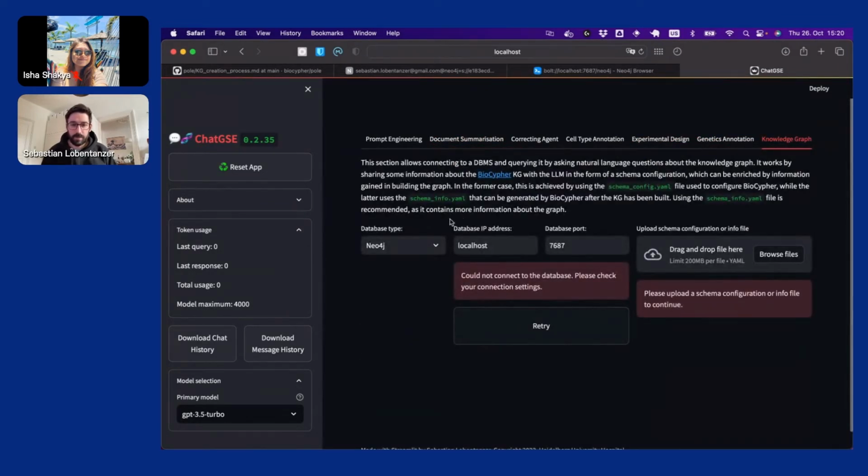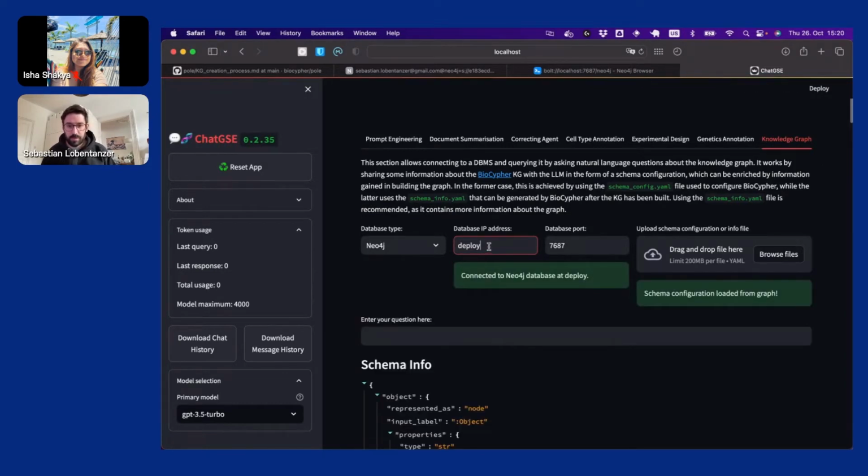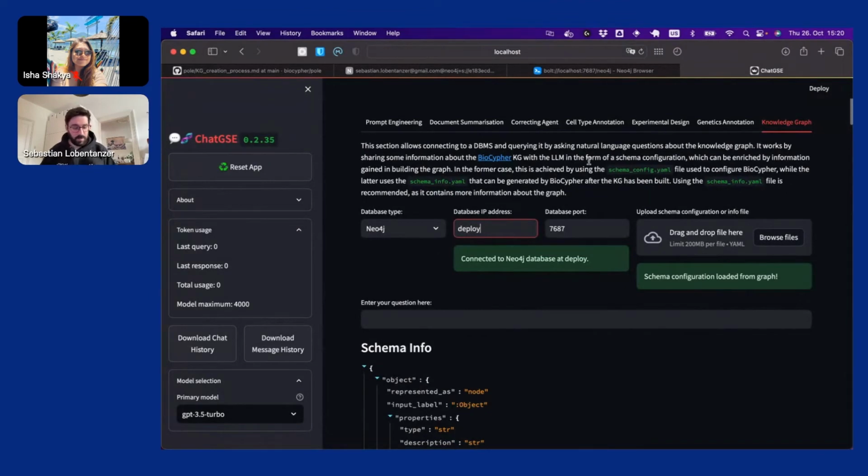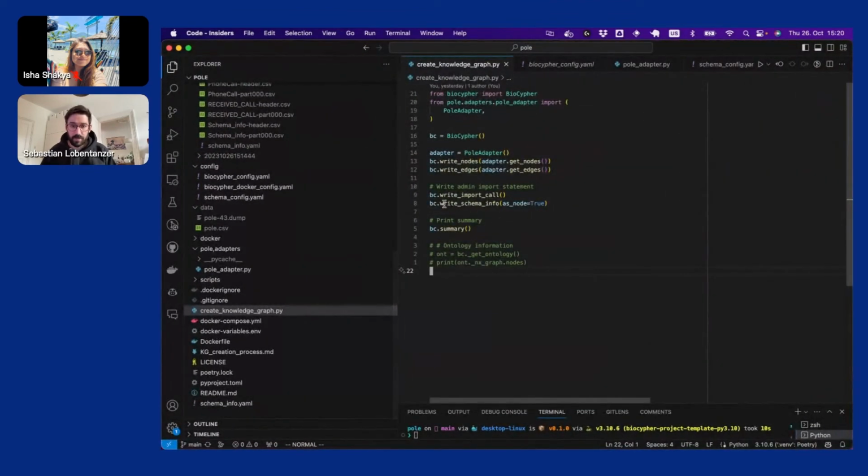So we have here the knowledge graph connection interface. Usually it looks for the local host, but as we are running in a Docker container, we need to set this to the container name that we're using, which is deploy, the deploy step in the Docker pipeline. And since the graph was built by BioCypher and we have this line here in the creation of the knowledge graph, it already has the schema info as a node in the graph.